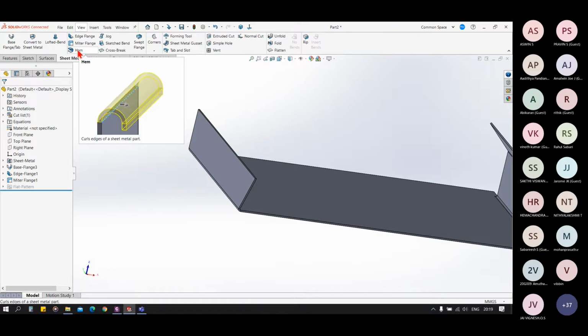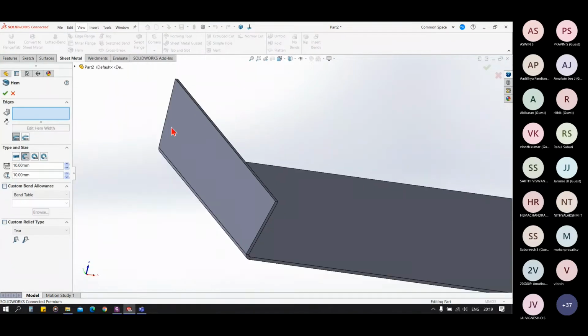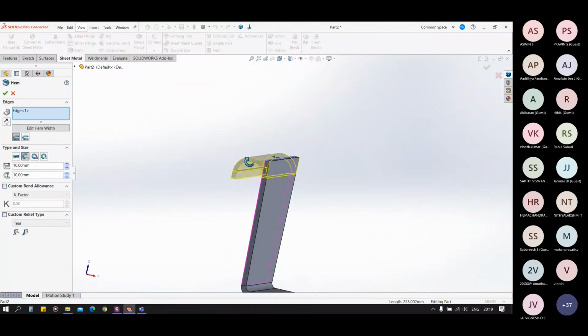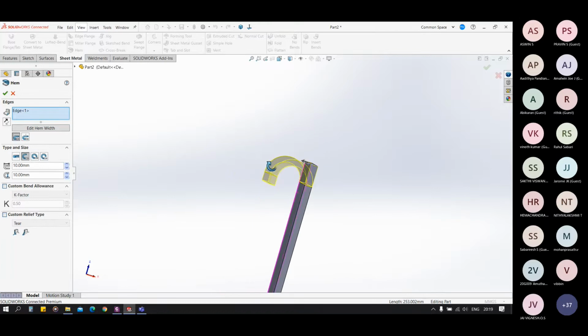So we bend the edge for protection of the end user. We have to select the edge, and you can see the preview here. We have two options here: material inside and material outside. In the material inside, you can see the bend of hem is within the flange. In the outside, you can see the bend of hem is outside the flange length.